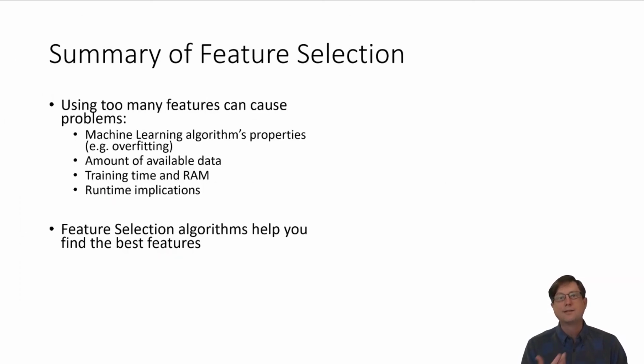So in summary, feature selection is a good thing to do, because using too many features can cause problems. It can lead to adding a bunch of irrelevant features, which might lead your machine learning to learn some gibberish, aka overfit. You might not have enough data to work with a gigantic number of features, and those first two bullets are somewhat related. You'll often want to do feature selection to save time in those gigantic nested loops that